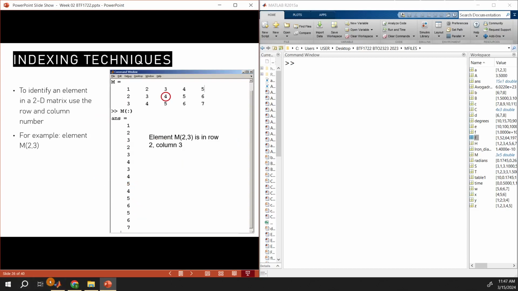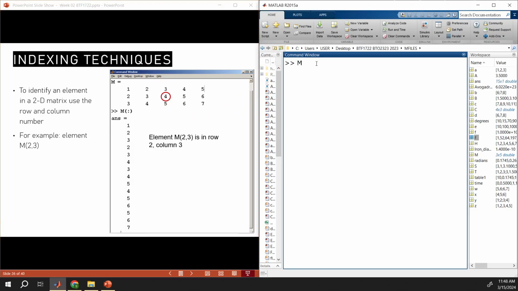Okay, next will be more on indexing techniques. Indexing is a technique where we identify an element in a 2D matrix by specifying the row and column number. Again, we use our matrix M as reference here. For example,